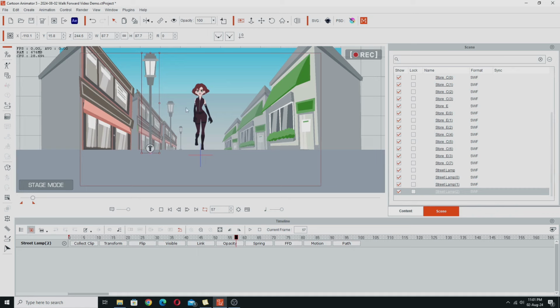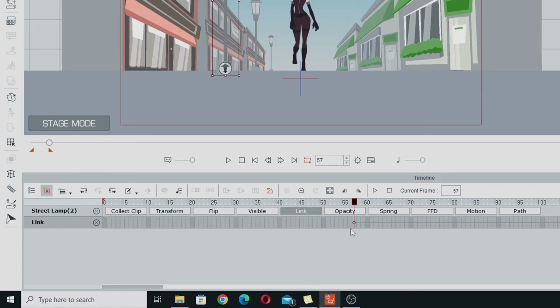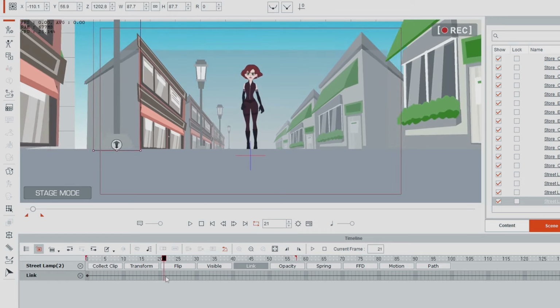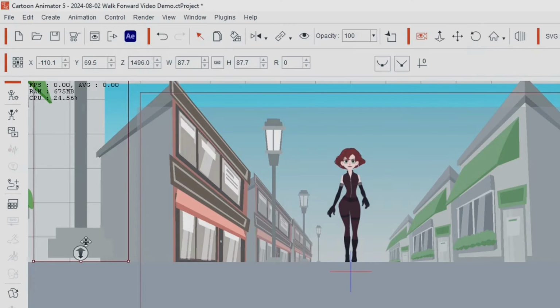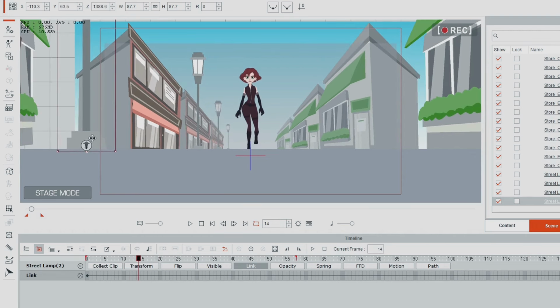We're going to link this to our background piece. So link a background rectangle, and we're going to open up the link track and move that link back to the first frame, and that should give us our other street light coming in there. And I'm just going to move that down a little bit over here just before it hits. A bit there,